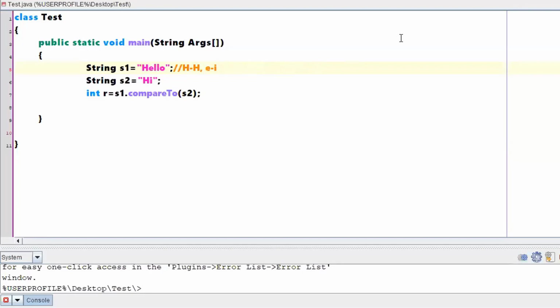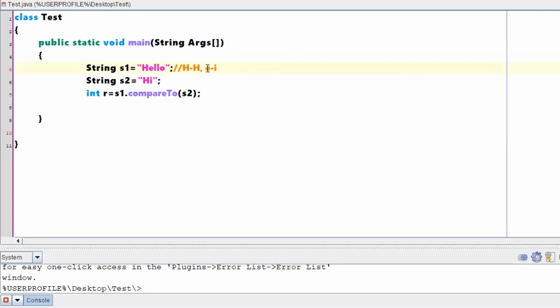When the E comes first, what does it mean? It means ASCII value will be smaller when compared to I, right? ASCII numbers will be in ascending order, correct? So what it will do is, it will perform a subtraction operation with respect to ASCII value of E minus ASCII value of I. Okay, so here whatever the value you are going to get, whether you will be getting some positive number or a negative number.